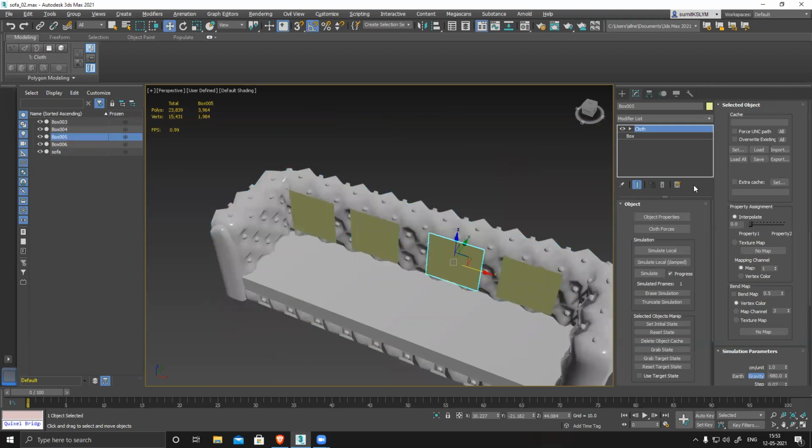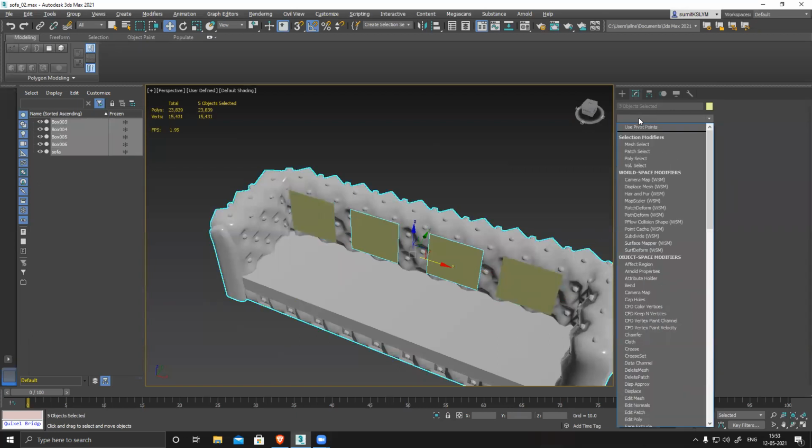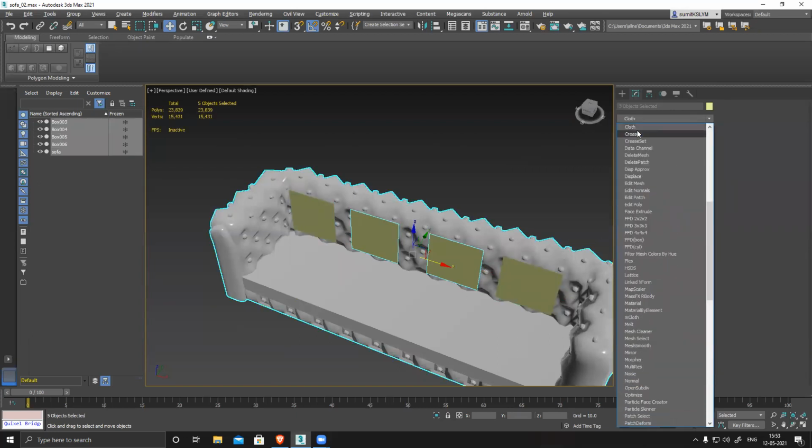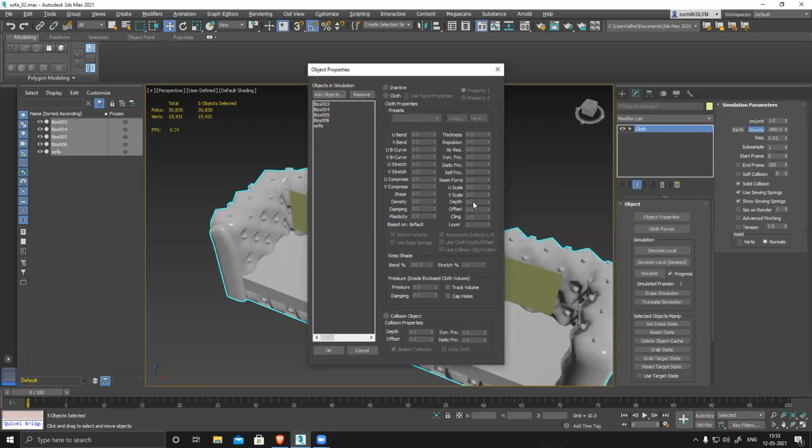I have to redo it basically. Select all, and for the sofa, cloth modifier, properties: cloth, cloth, cloth, cloth, and the sofa is collision.